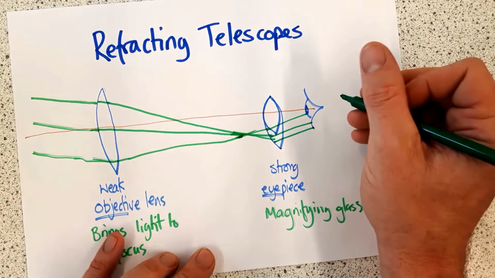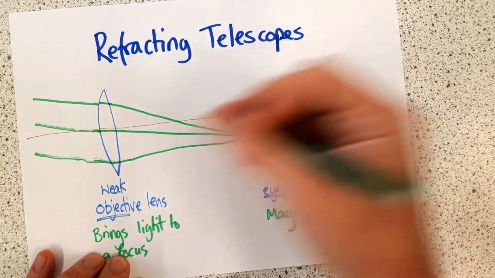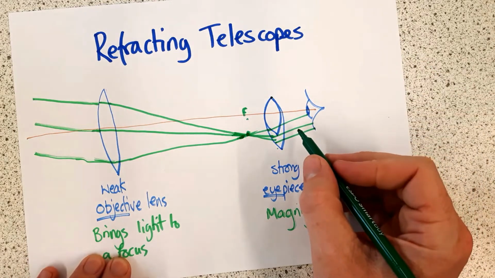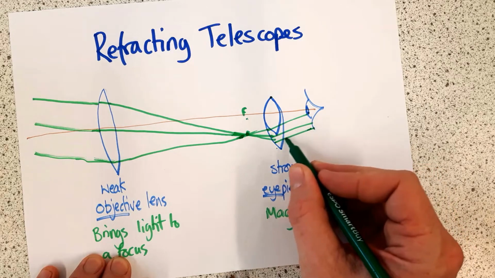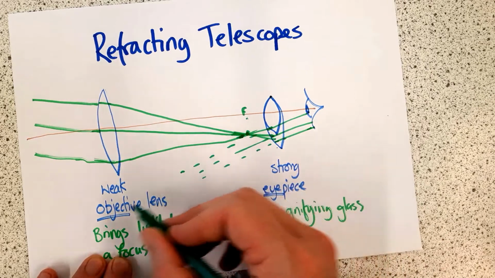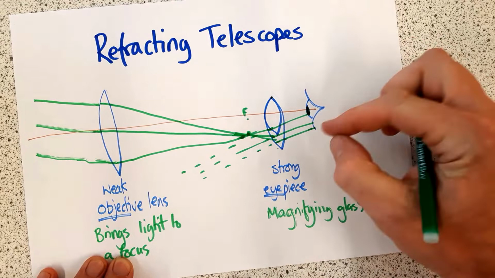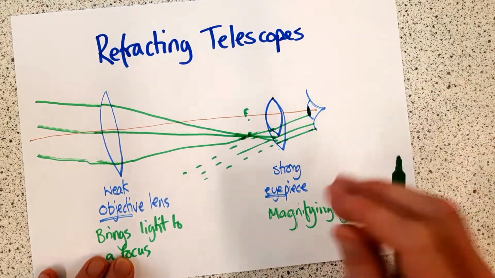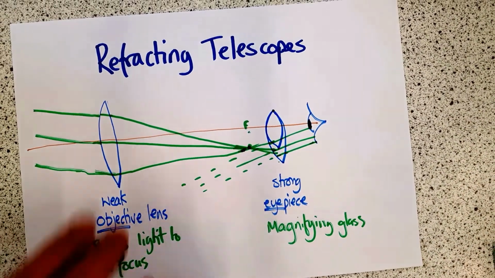And so this is the focal point of this lens. Then the magnifying glass effect will magnify those rays into the eye, and then if you extend these rays backwards, these will eventually meet at infinity, and so it looks like, from your eye's perspective, that you're looking at the object that you focused on at infinity. The refracting telescope works to magnify the image,